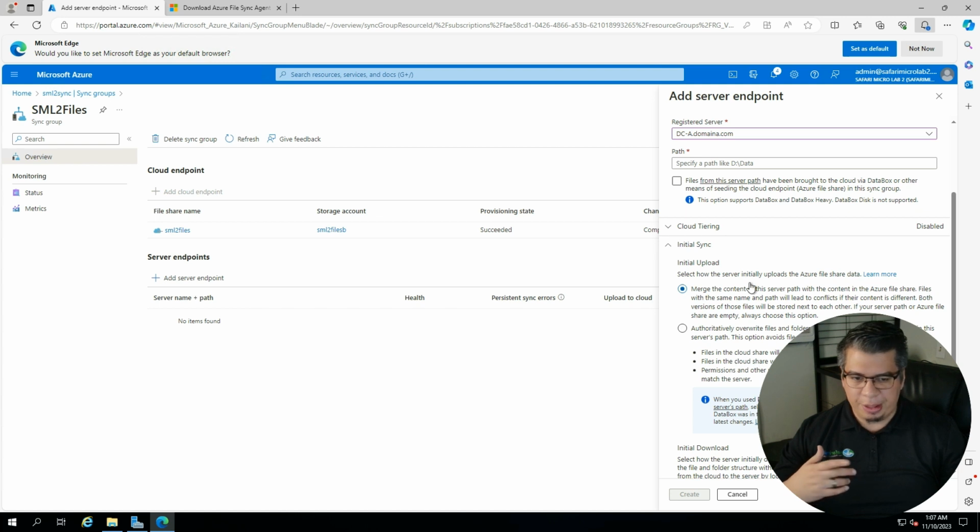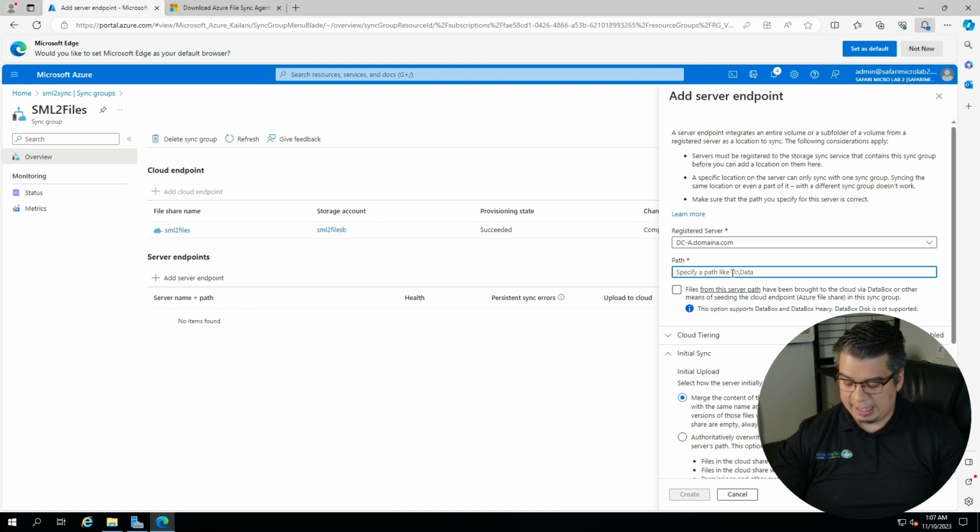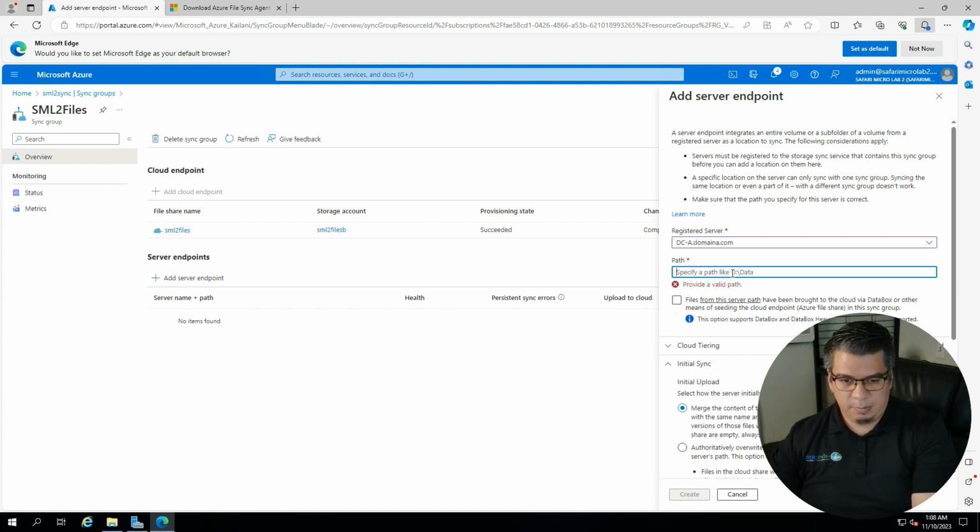I can leave this as is. There's some options on whether to merge content if you had stuff already in the Azure file share, or you want to overwrite files and folders in the Azure file shares with contents on the server path. So that only really matters if you have data existing in both places. Right now I only have data existing in